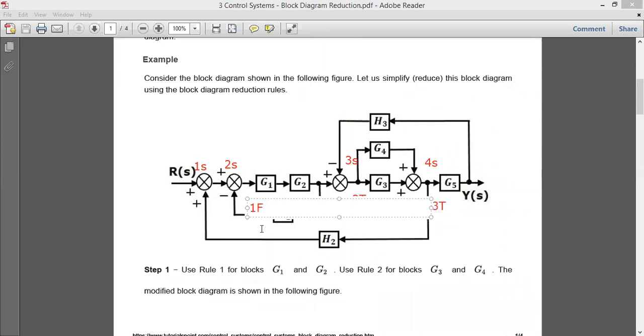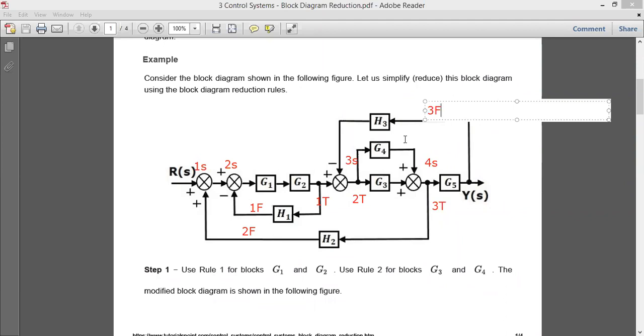Okay, you can see 1f, which is with respect to h1. I have a second feedback, which is with respect to h2. I have a third feedback, which is with h3. I have a very small feedback here. Okay, it cannot be a feedback, sorry. Feedback is one where it is from output to input. Always try to remember this.